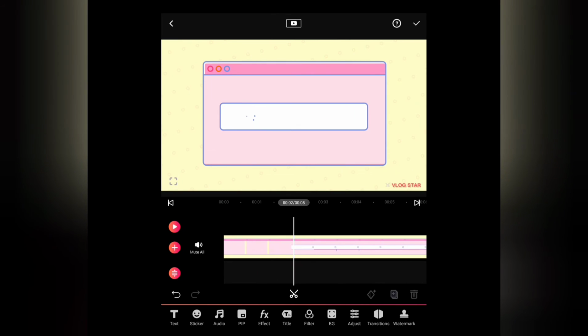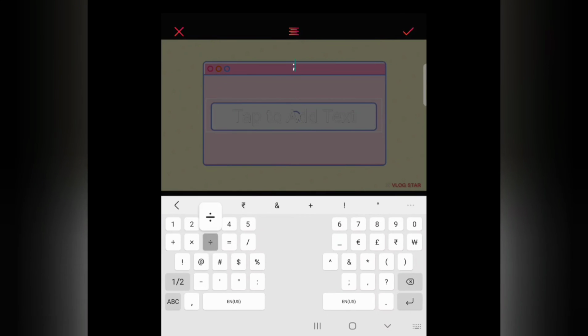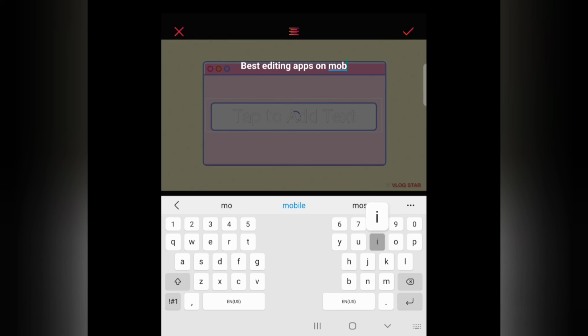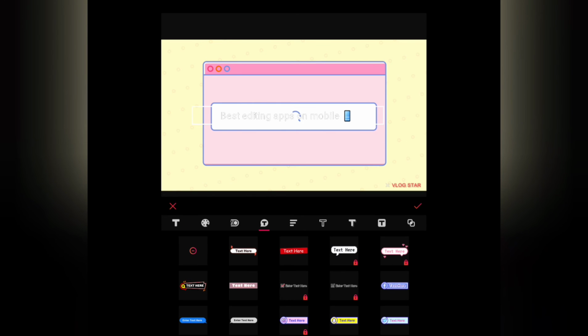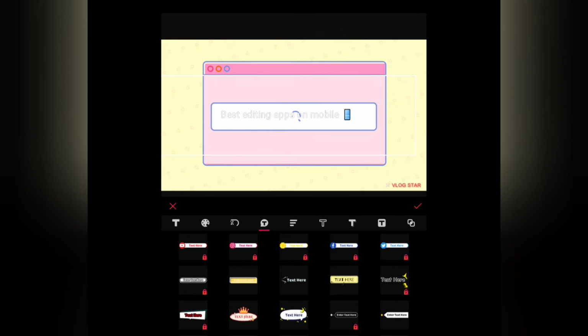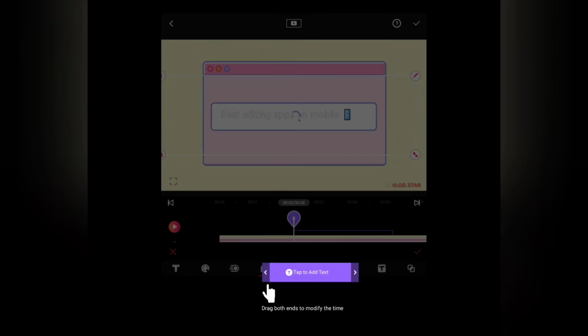You can adjust your text also as normal. In this application also you can add text. In this application also you can set your text color, animation, and you can set your text font and all. You can simply drag and drag out text to edit this. So yeah, I think Vlogstar is very cool for editing your videos. If you have some ideas on editing your videos like this on Vlogstar, you can try it out. And many YouTubers have been editing their videos also.